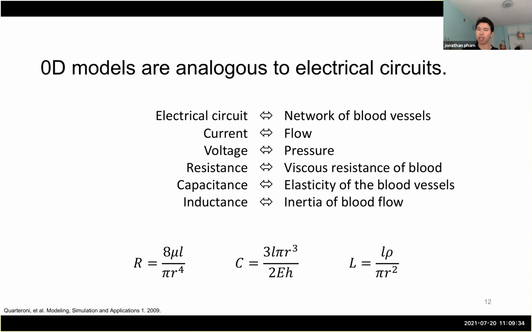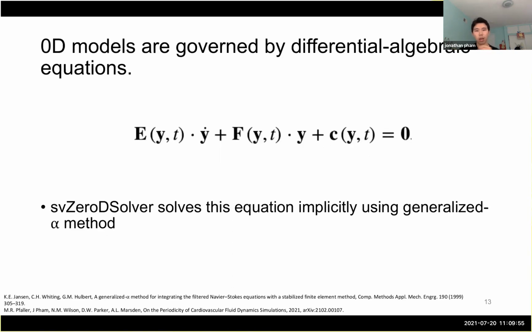And then capacitance, capital C. You can see it's similarly a function of radius and length as well. It's also a function of the Young's modulus E of the vessel wall, as well as H, the thickness of the wall. And then the capital L represents the inductance here. And that's also a function of the length and radius, but also the density of the blood, rho. And so as we just mentioned, the 0D models are highly modular, and they can be constructed by